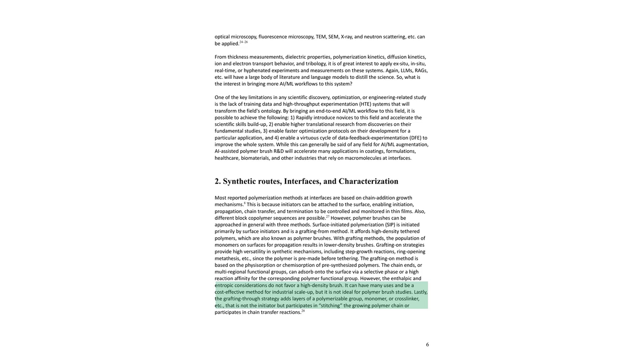The third strategy is grafting through. This involves a surface that is coated with polymerizable groups. As a polymer chain grows in the solution nearby, it can incorporate these surface-bound groups into its backbone, effectively stitching itself to the surface as it grows. Of these, the grafting from, or SIP approach, has been the subject of extensive research because it offers excellent control